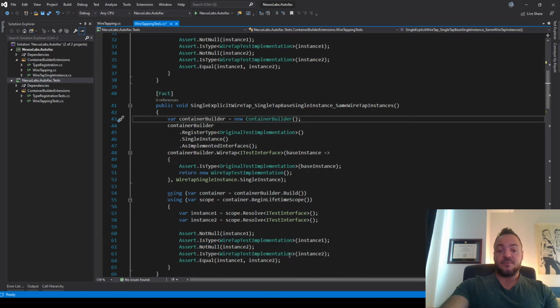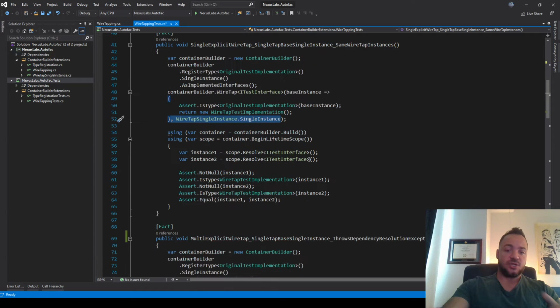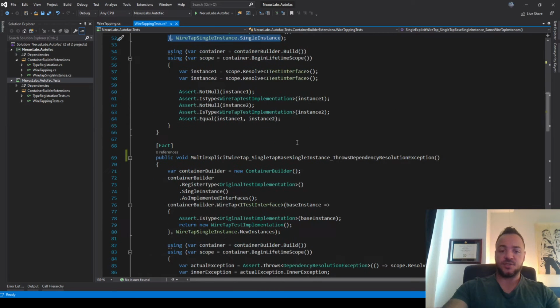The rest of the test is identical. And the reason why is the default behavior behind the scenes will end up figuring out that because this registration here was single instance, when we explicitly say it, the implicit version actually figures out that this parameter should be single instance. So these two tests that I've just gone through look almost identical, which again, to me, is actually what I expected. So once I put the test in place, I was like, this is starting to feel good.